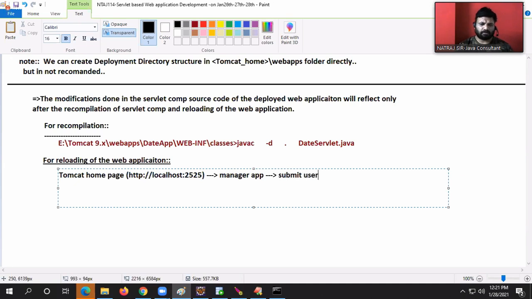Submit the username and password: admin1, admin1. Okay. Go to the date app web application. Then go for reload, guys.